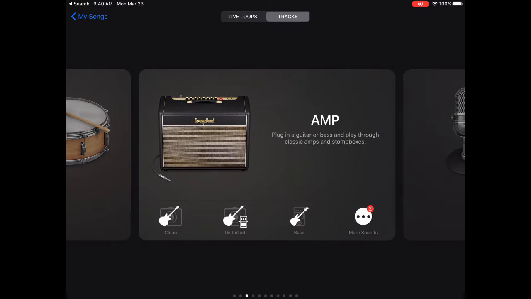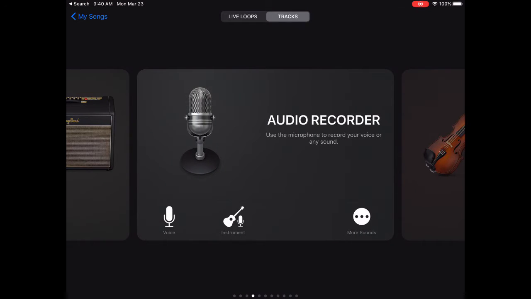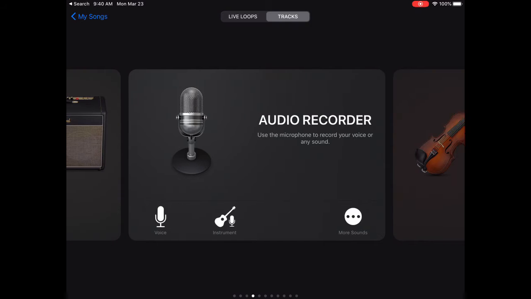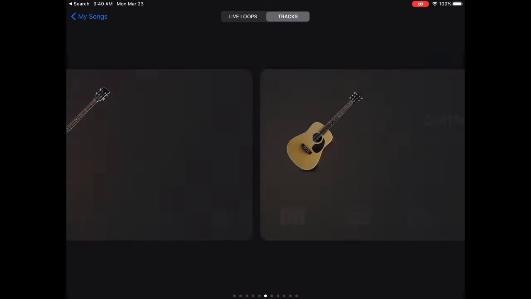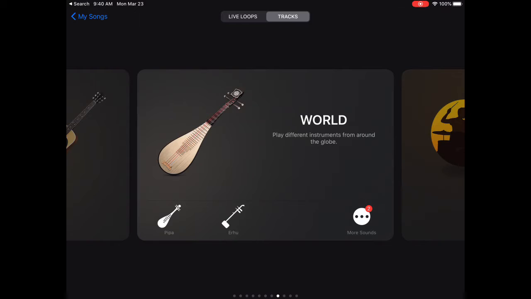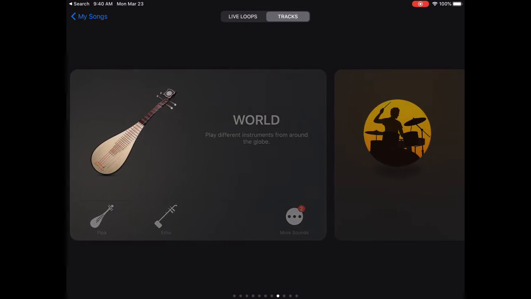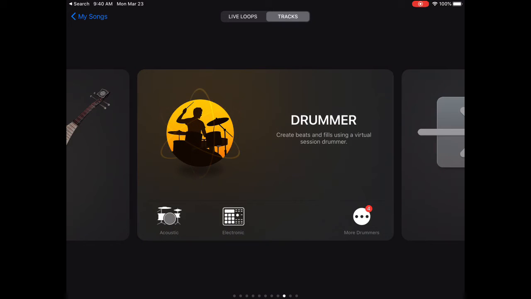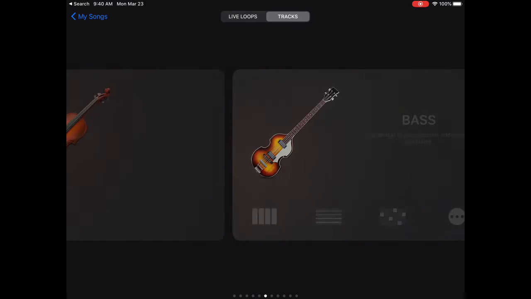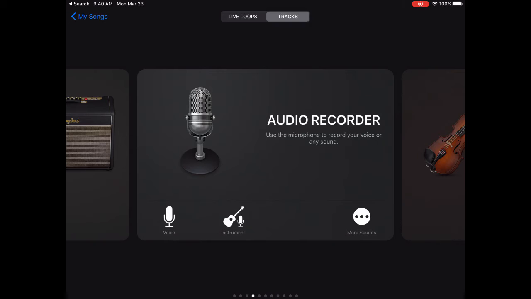There's also a keyboard, drums, amp where you could play bass and guitar. There's an audio recorder which you could use to do voice, strings, bass, guitar, world, which is different instruments that are from around the world, which are not necessarily from where you are from. There's a drummer where you can make your own beats. So we are going to go to the audio recorder and click on the voice,